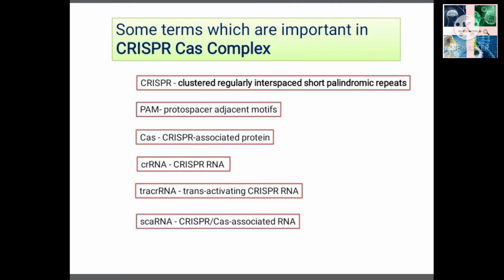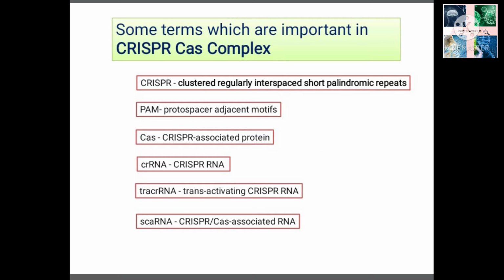It is an enzyme that uses a CRISPR sequence as a guide to recognize and cleave specific strands of DNA that are complementary to the CRISPR sequence. Then about CRISPR RNA, it is denoted as crRNA. It is the CRISPR RNA precursor, processed within the repeats into a mature spacer-containing RNA molecule which remains bound to the protein complex.